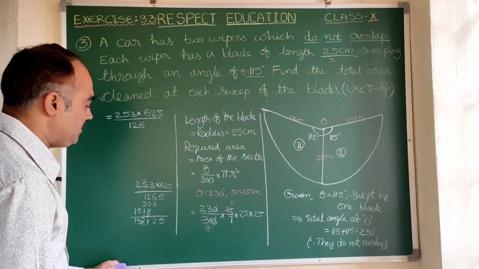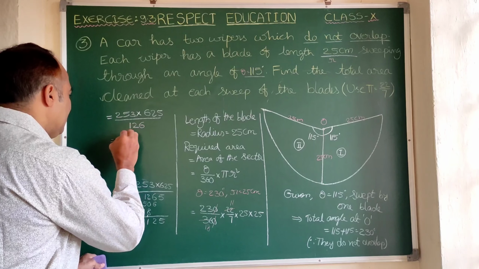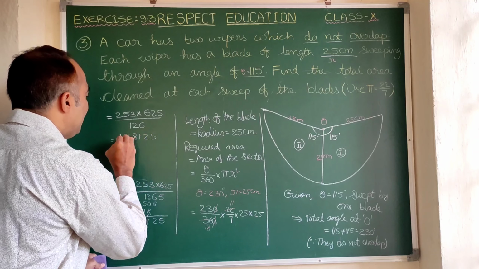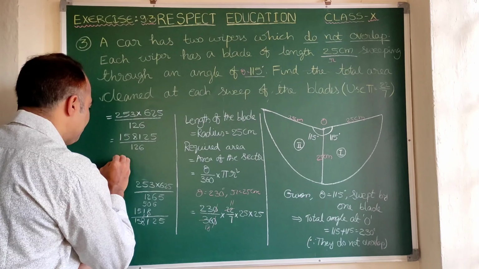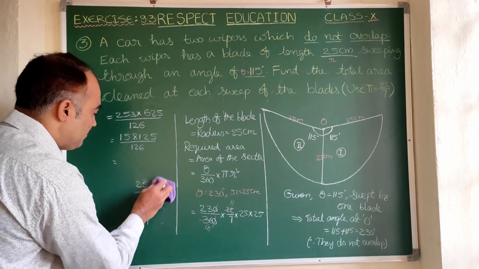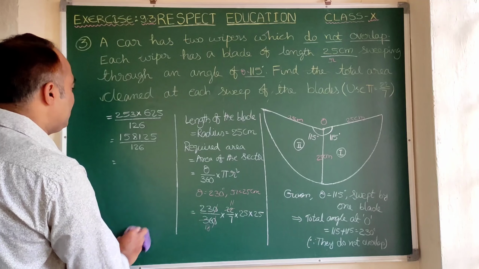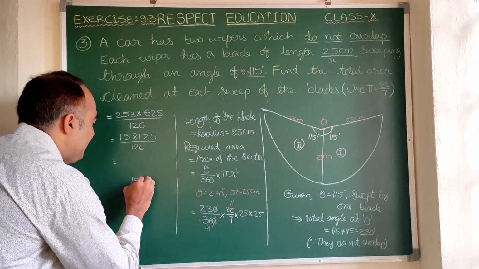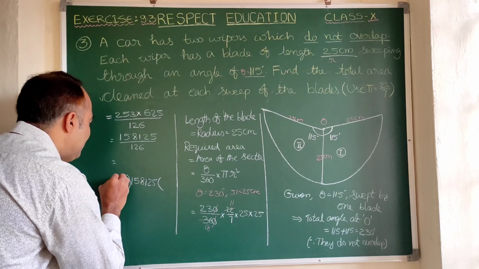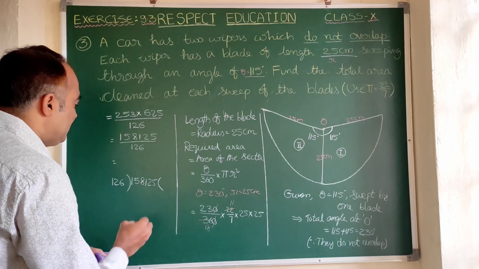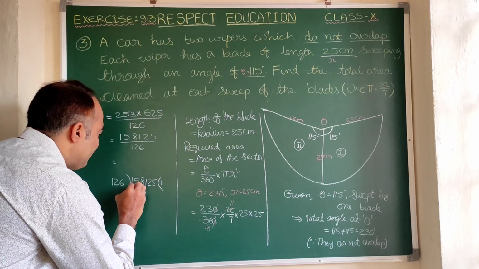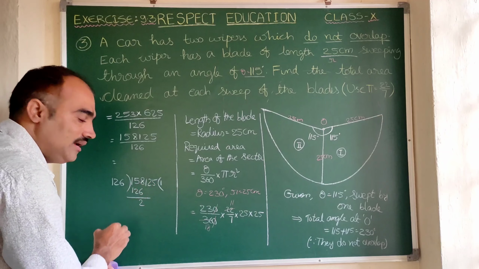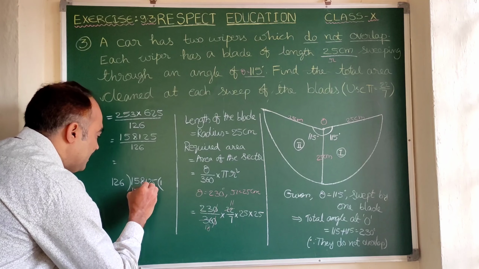So it is 1 5 8 1 2 5 divided by 126. Now we are going to divide this value, 158,125, with 126. So here it is 126 1 time, 126. So on subtraction 8 minus 6 is 2, and here 15 minus 12 is 3. Let us drop this 1.